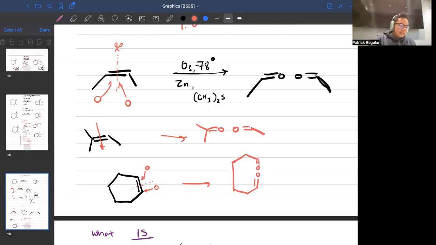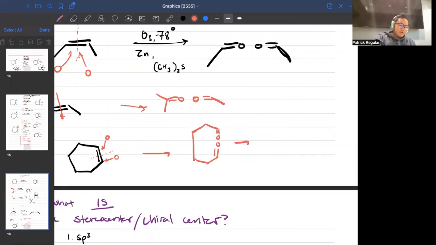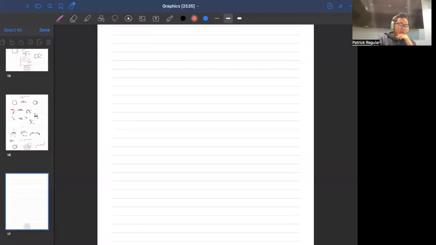something like this. Another acceptable thing would be if you stretch it out. As long as the number of carbons is the same and you added the O's, they're the same thing. Either one is accepted. You just have to know, all right, we're just adding O's across the double bond. Okay. So that's what I have to know for now. Let me pull up the problem set real quick. Okay, I missed one more thing,